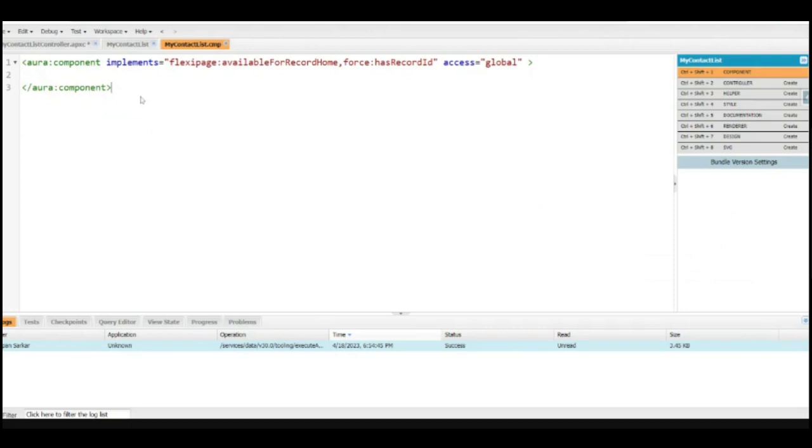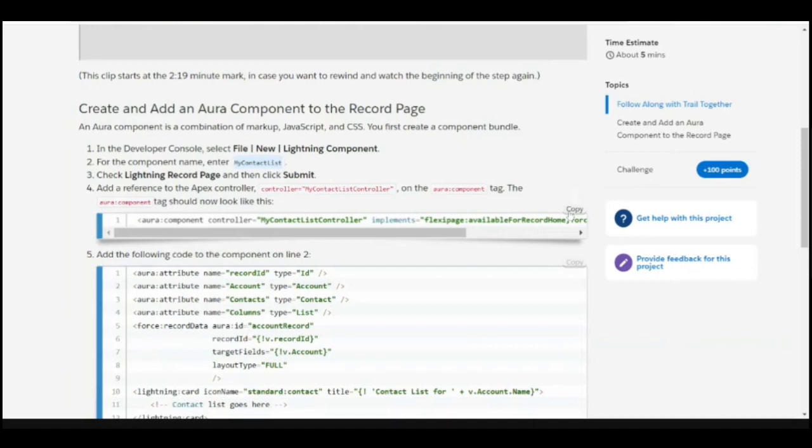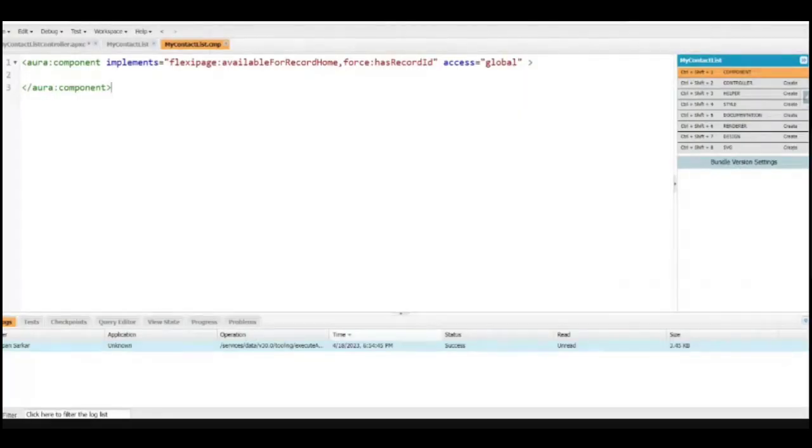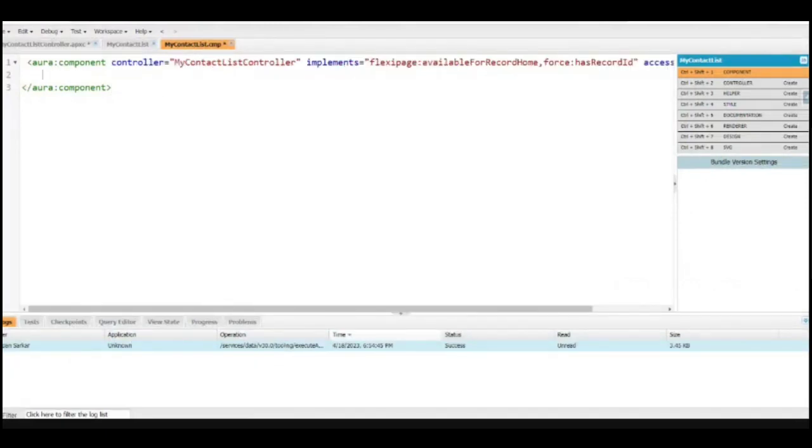Can you see this? Now we have just created a component, and inside this there is nothing. So let me copy this and explain what each tag will be here. When you start working on a component, remember this is mandatory. You need to start with this Aura, the angle brackets open Aura colon component,